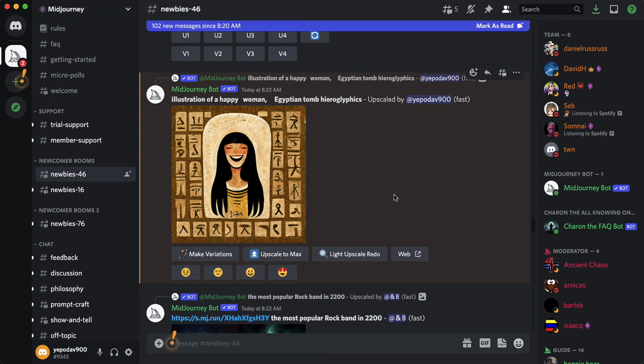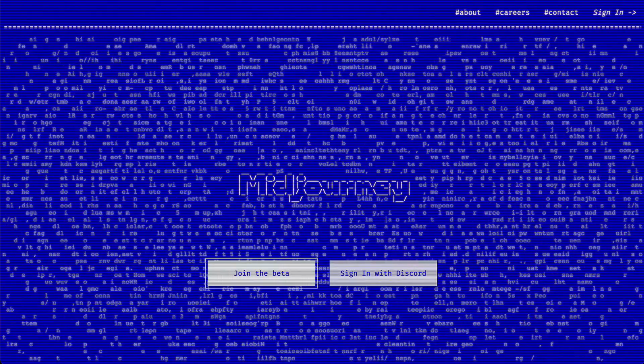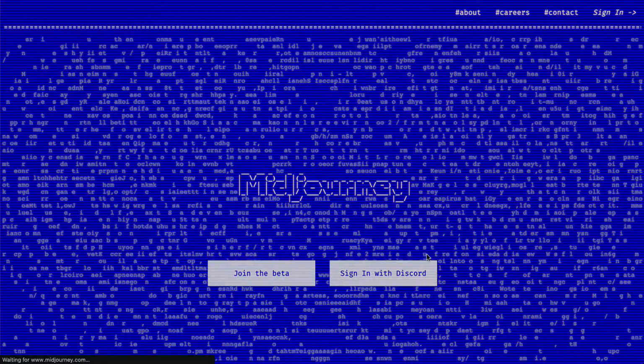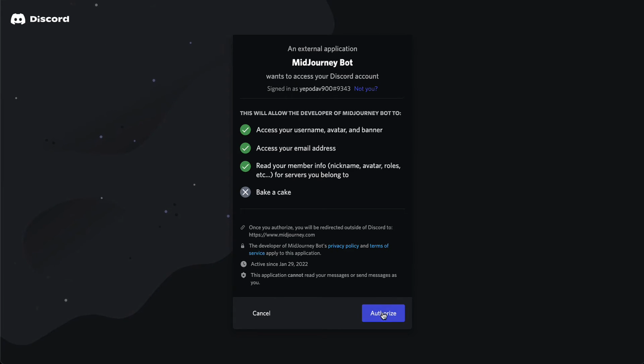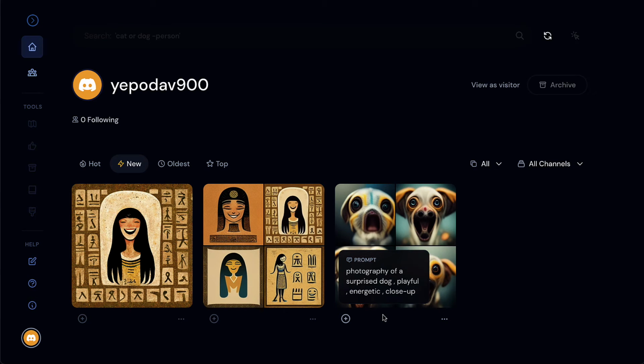So now let's talk about the web version of Midjourney.com, and then we'll come back to the bot for some more training. So you can access the web version by clicking on web here, or if you just go back to Midjourney.com and you click on sign in with Discord. Okay, now that you have joined the beta, you should be able to sign in. So it's going to ask you to authorize and make sure you're using the right username here. And when you do, it's going to take you to your